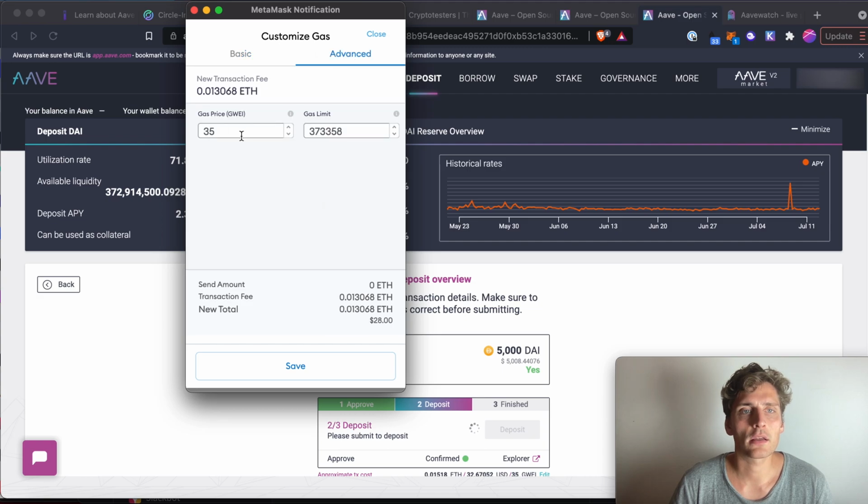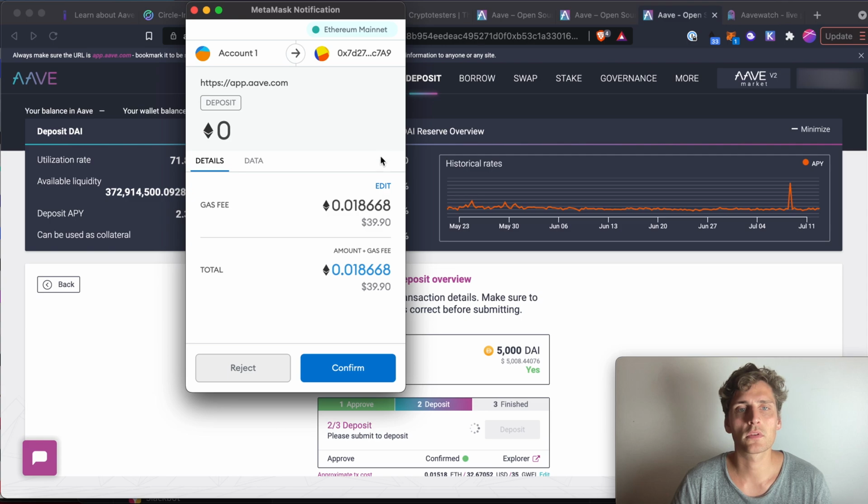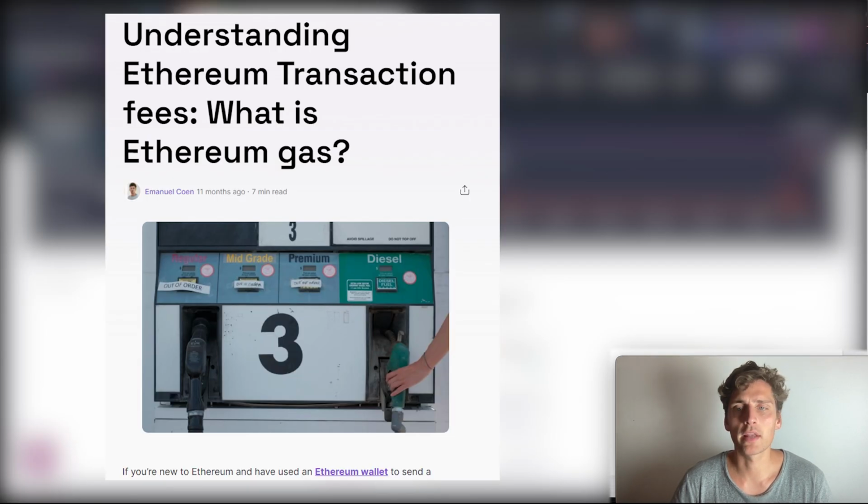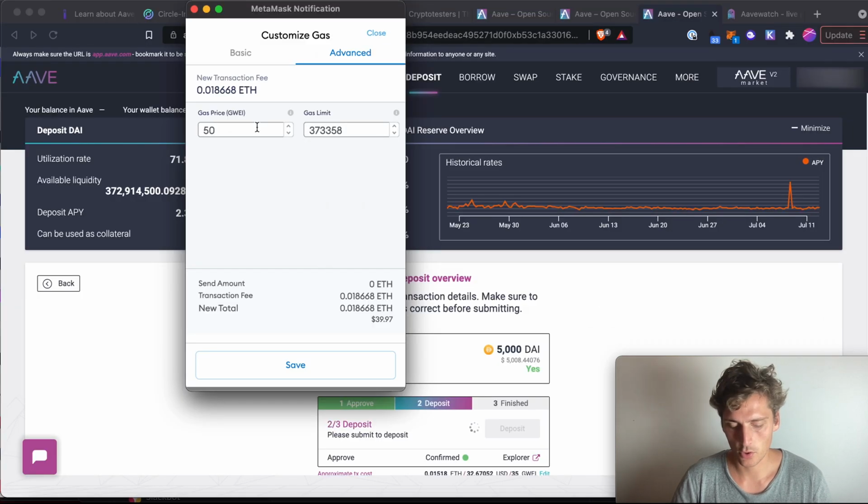So I'm going to check, 35, that looks good. Essentially, I don't want to pay much more than 33 or 35, around that, but I wouldn't pay now 50, because if I would pay that, you see that my transaction fee goes up basically. And I have an article explaining exactly how these fees work, but I'm going to go back to 35, confirm,